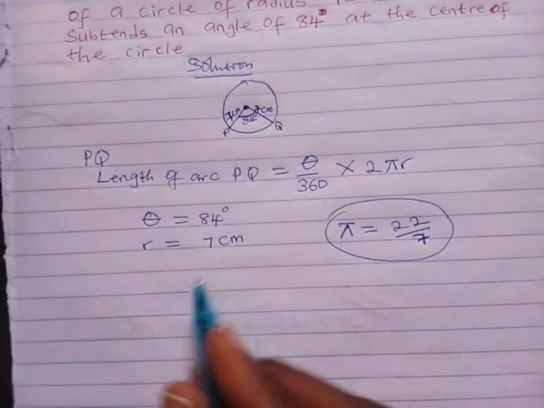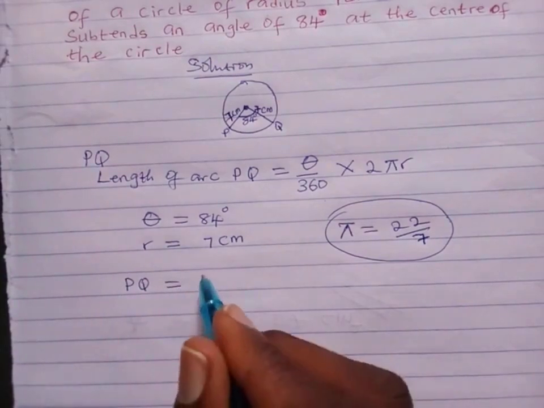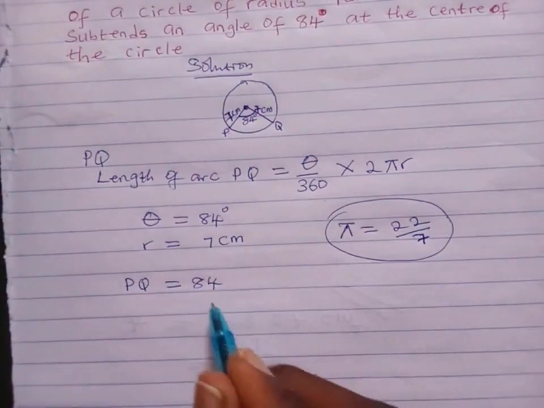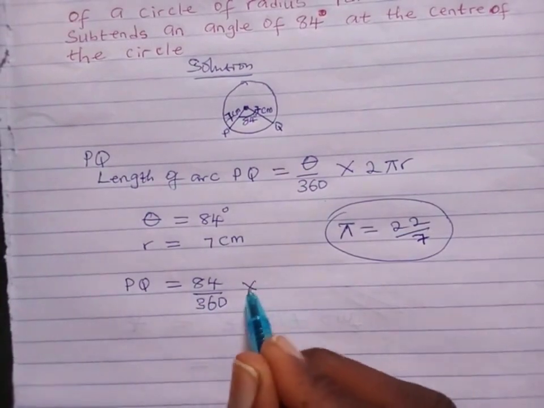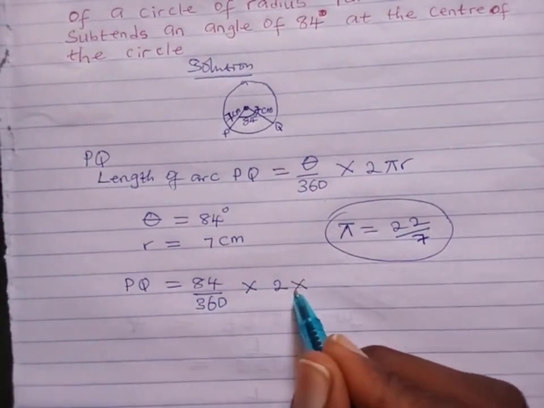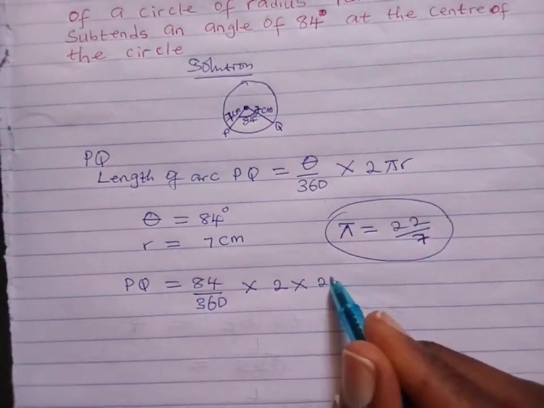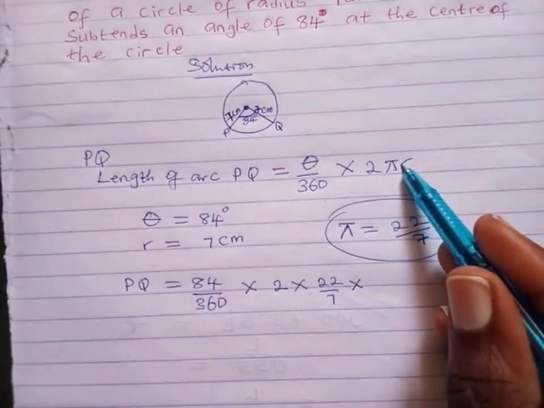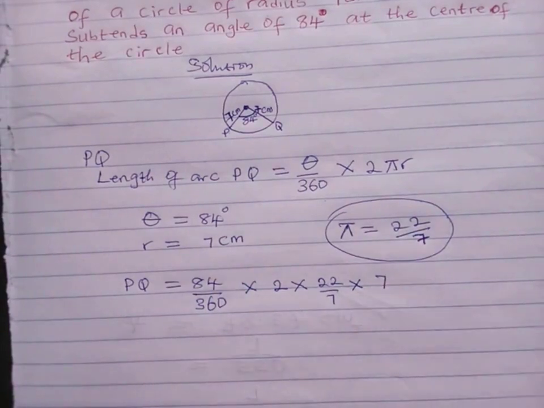So when we do that, we're going to have that length of the arc PQ is going to be equal to 84, that is the angle theta, 84 divided by 360, multiplied by 2 pi, which is 22 over 7. We'll replace the pi with 22 over 7, multiplied by r, which is our radius. Our radius is 7 cm. 7. So when we compute this, we're going to have